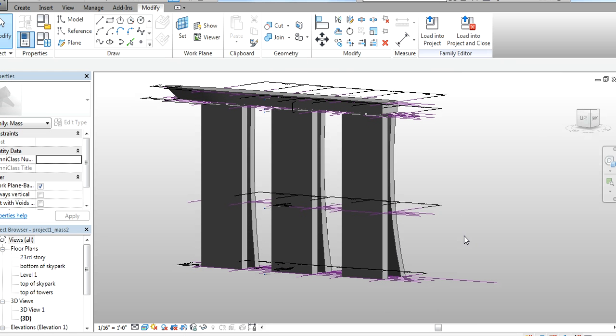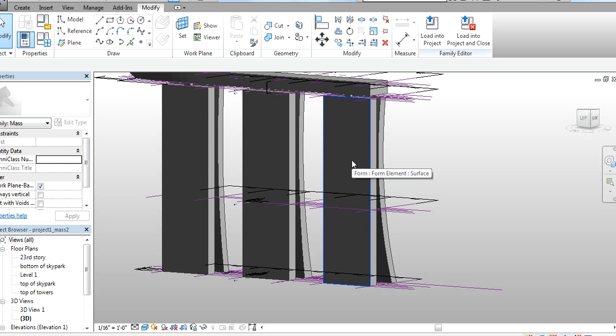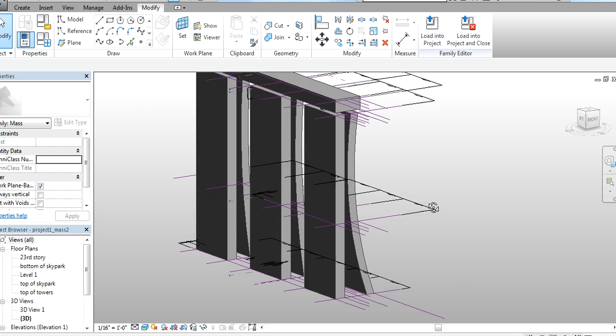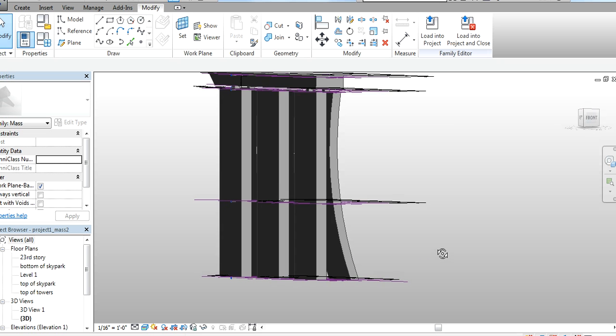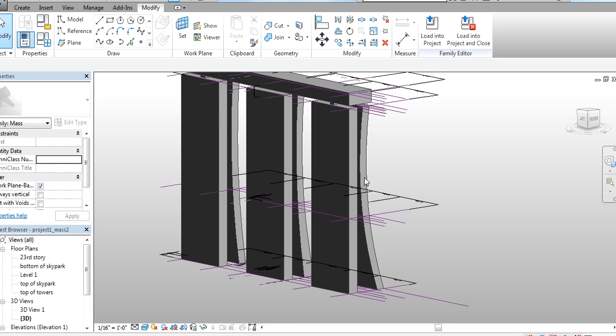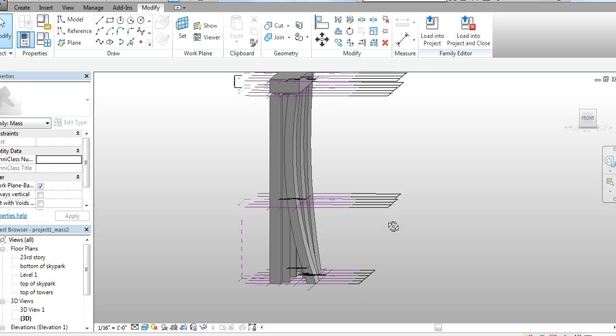Each of the towers has three components. One is the front slab, one is the back slab, and then both these slabs are connected by an elevator shaft in between, which is over here. These two slabs connect at the 23rd level, and below that you can see there is an opening in